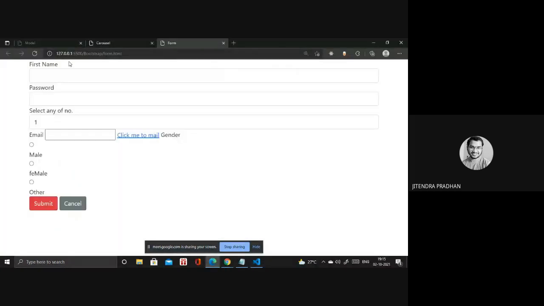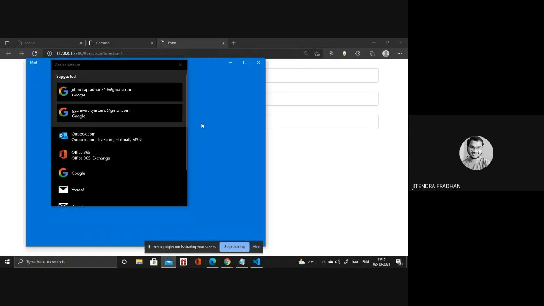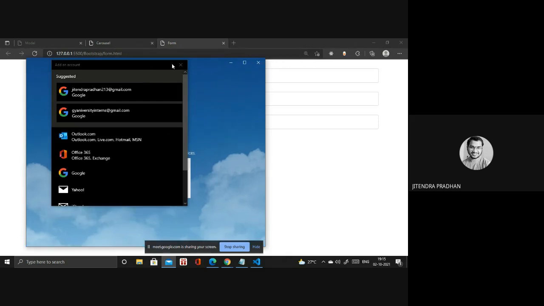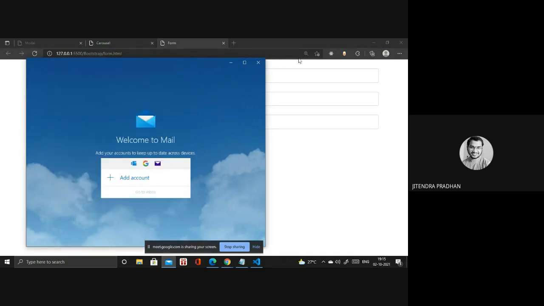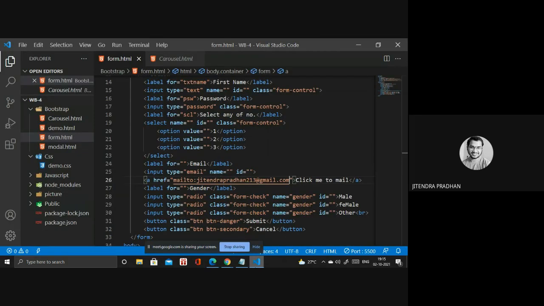Okay, mailto you have to write. When you go there, and we have click me to mail, if I click there, let's say it's opening that particular email. Have you observed that one? It's opening the mail. You have to log in to that mail, and you have to forward all these things. So mailto we are using for mailing to any other particular address. Okay, I hope you got this point.